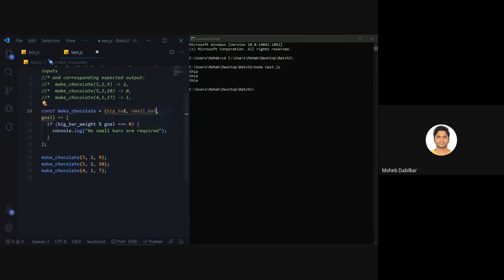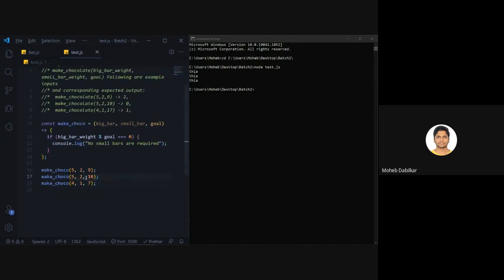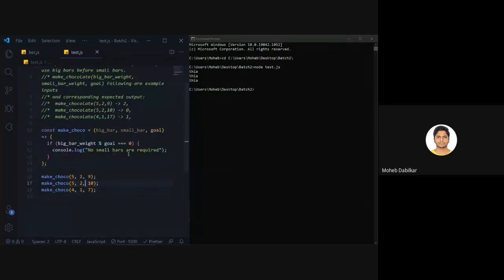We will just put in big, small, and let's remove this also. Okay, so now this is a bit readable. See, if we have big bar weight percent goal equals 0, let's console log how it looks.